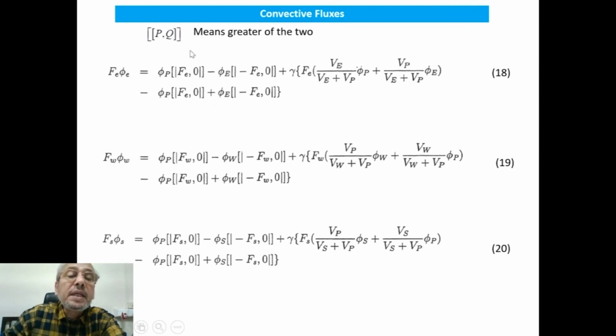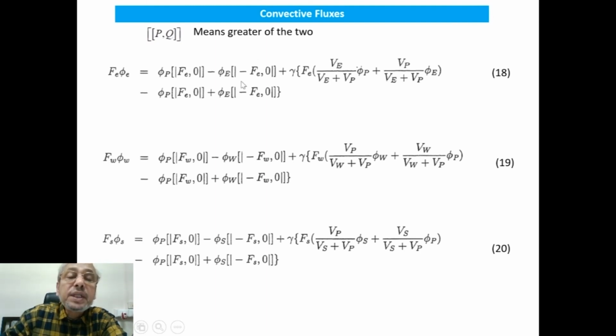Now if you look at it typically, this will involve upstream point depending on the direction of the velocity, and that is why this special symbol has been used, which is double bracket. And this double bracket means if we write PQ inside a double bracket, which will mean greater of the two,